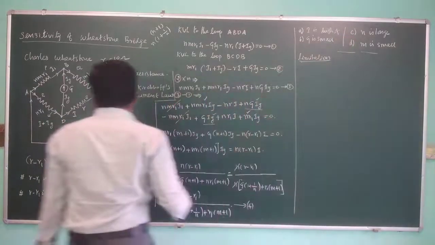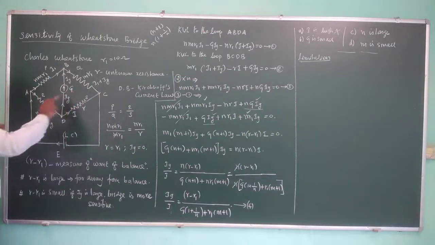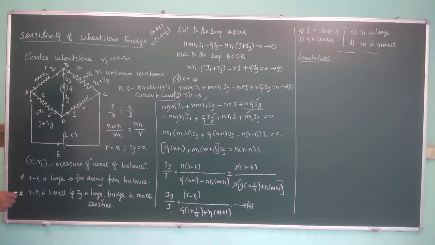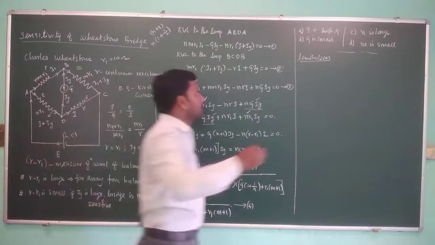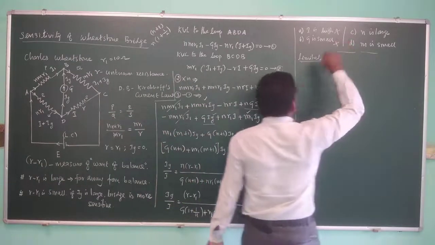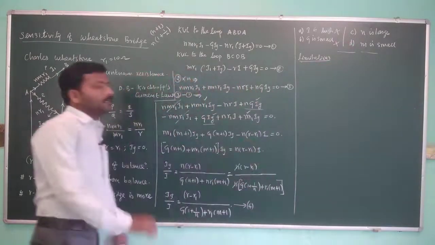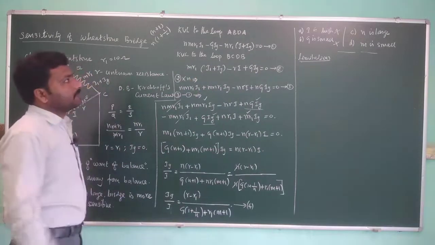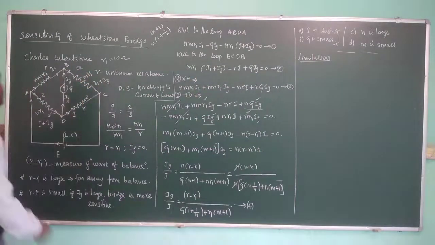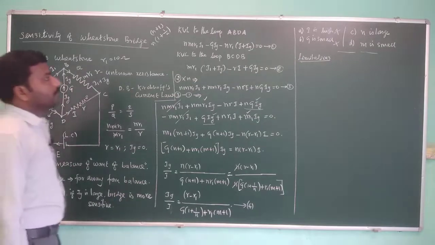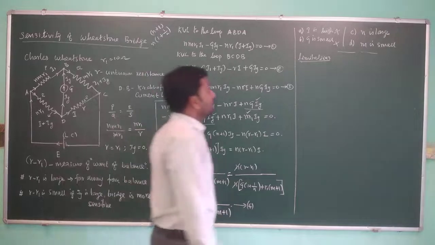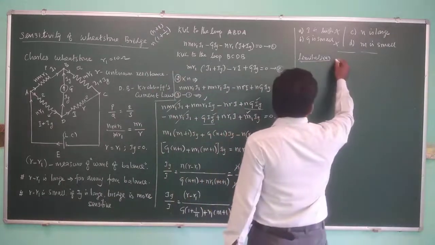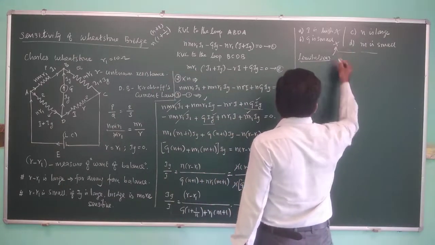And as far as the galvanometer resistance is concerned, this also you cannot decrease to the very lowest value. If you decrease it to the least extent, that also changes the sensitivity of the bridge. So these 2 things cannot be completely achieved. In order to have the maximum sensitivity of the bridge, only when N is large and M is small. But under which case is N large? So these are the limitations.